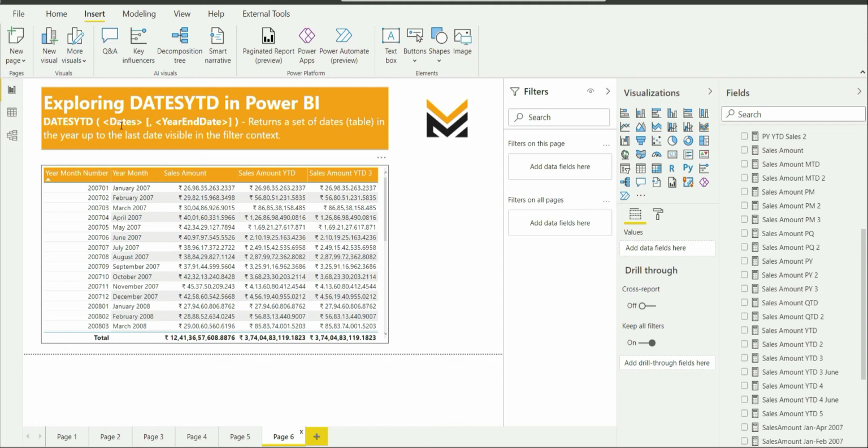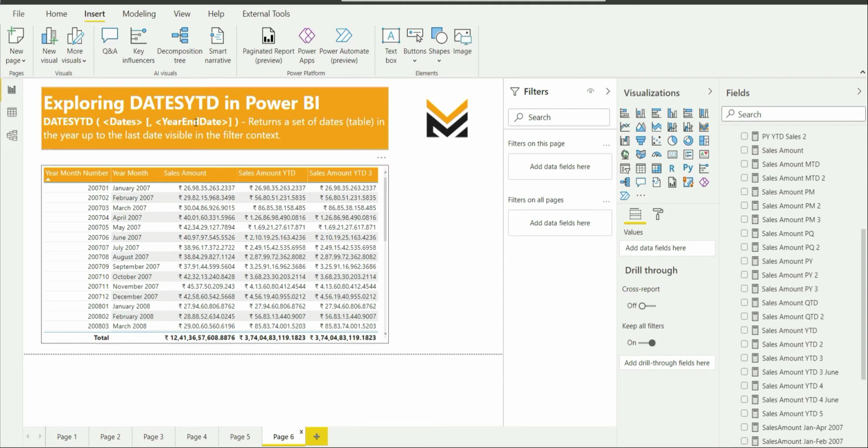The data type of the values in that column should be date or date time, and the column should also have unique values.